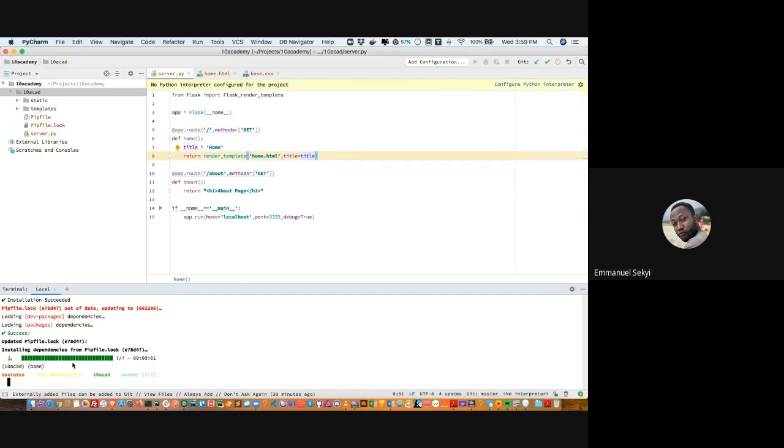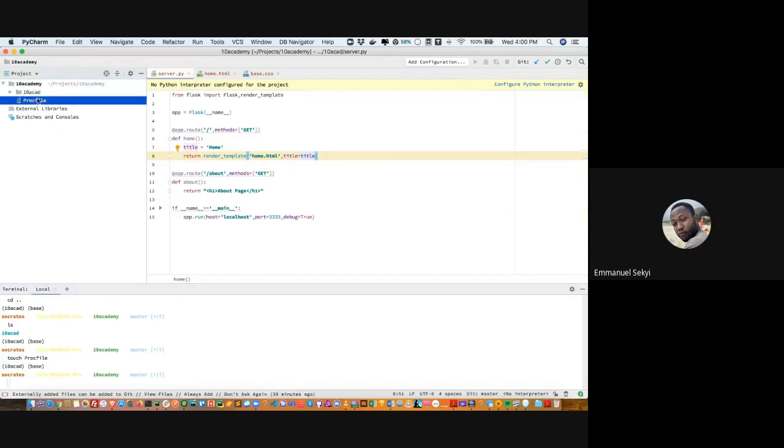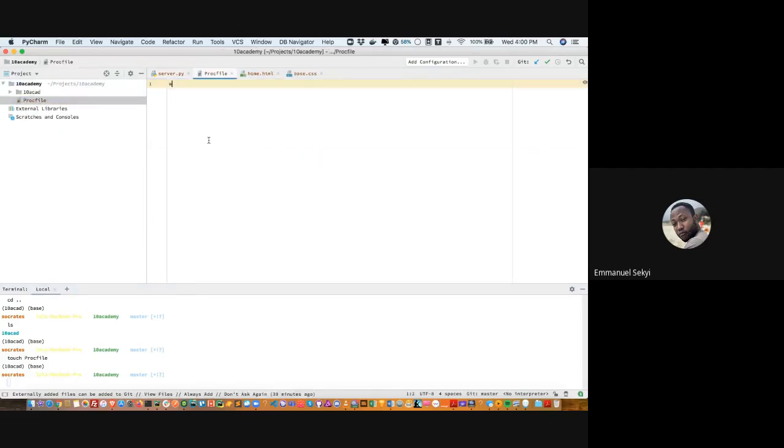To do this, you create a file called a Procfile. Inside that Procfile, we put our exact command that we want to see running on Heroku. And that command is basically web: gunicorn